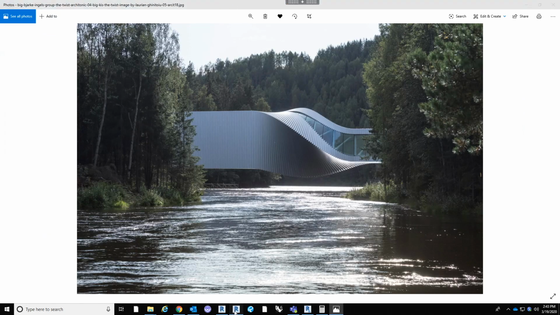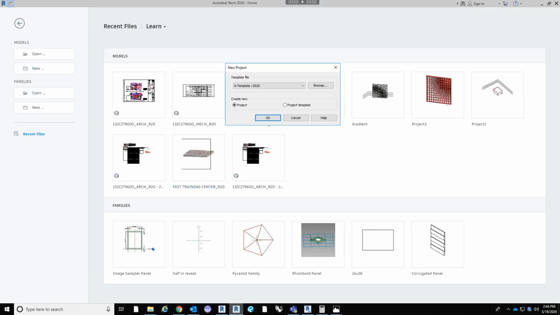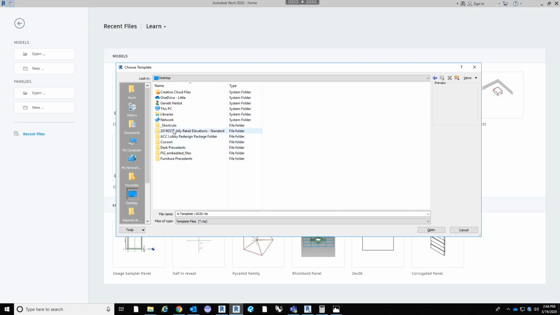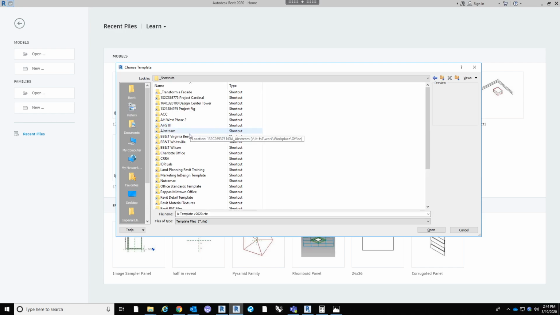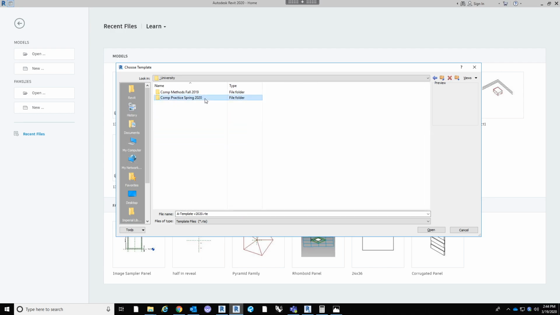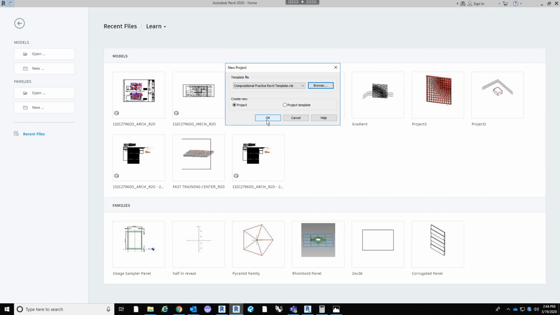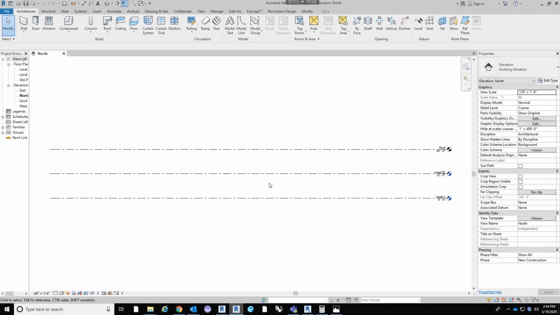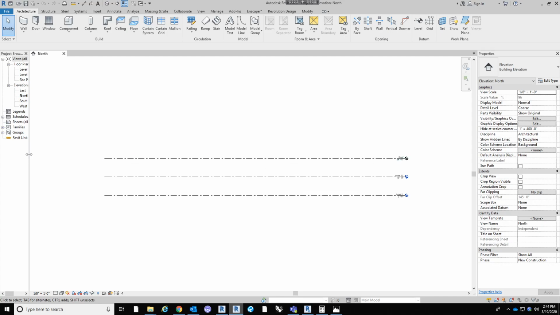So open up your Revit and make sure to open up the template, and make sure you hit New Project, then go Browse, hit the template, because especially as detailed as we probably will get, we want to make sure that we are in a project and we're working from the same basic Revit elements that come in with that template. All right, so let's get our